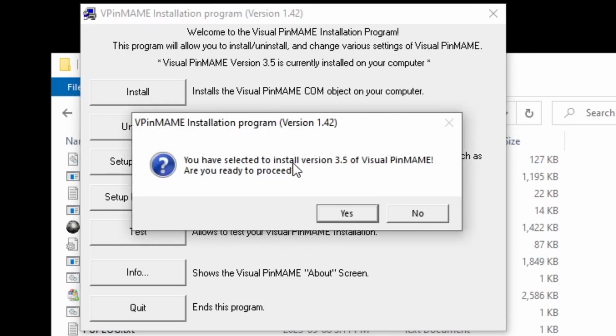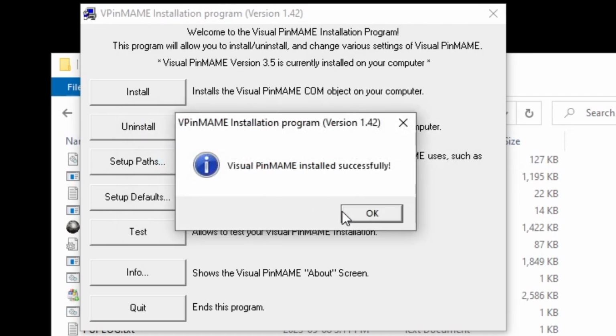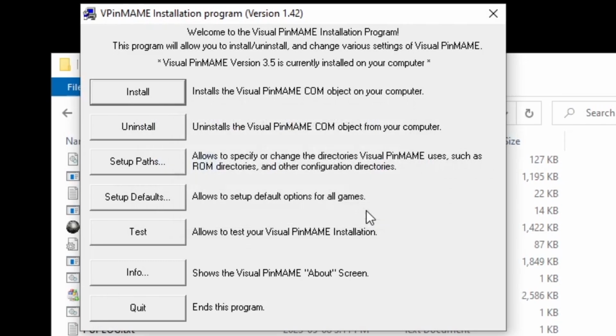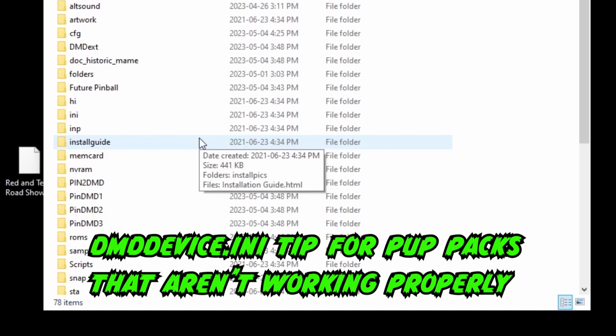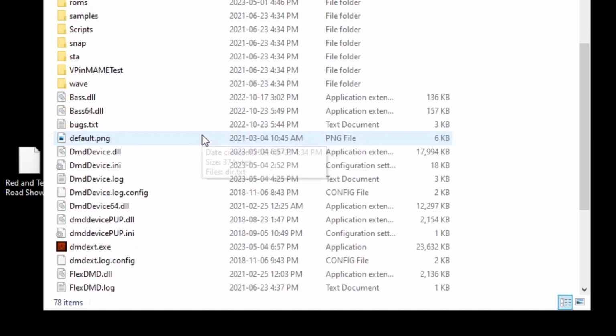It's going to say, are you wanting to install version 3.5? Yes. Installed successfully. Done. Now, one other thing I thought I would mention before we move on is that in the Vpinmame folder, this